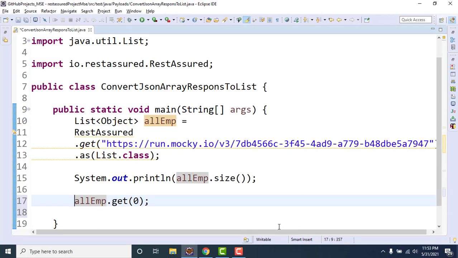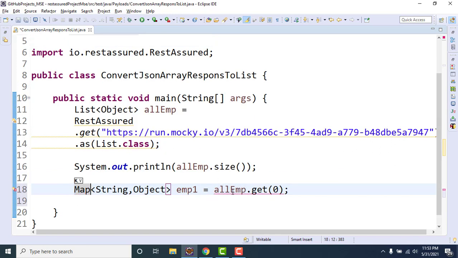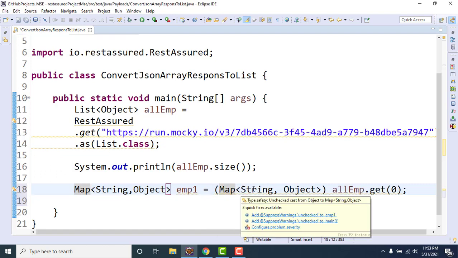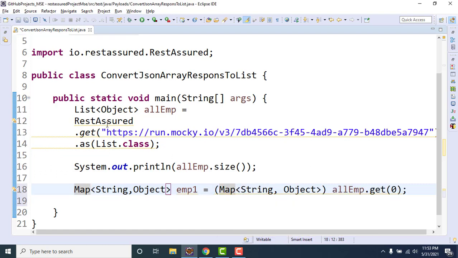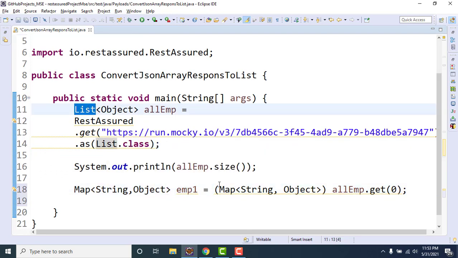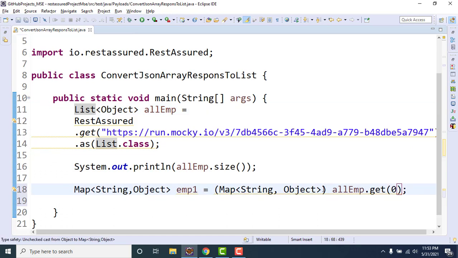So I can use Map of String comma Object. I can name it employee1, and let me import this map first. Here you need to cast it, because we have not said what type of data it holds. So I just converted this JSON array to a list, and then when I get the first index element, which is another JSON object, that JSON object can be cast to a map.